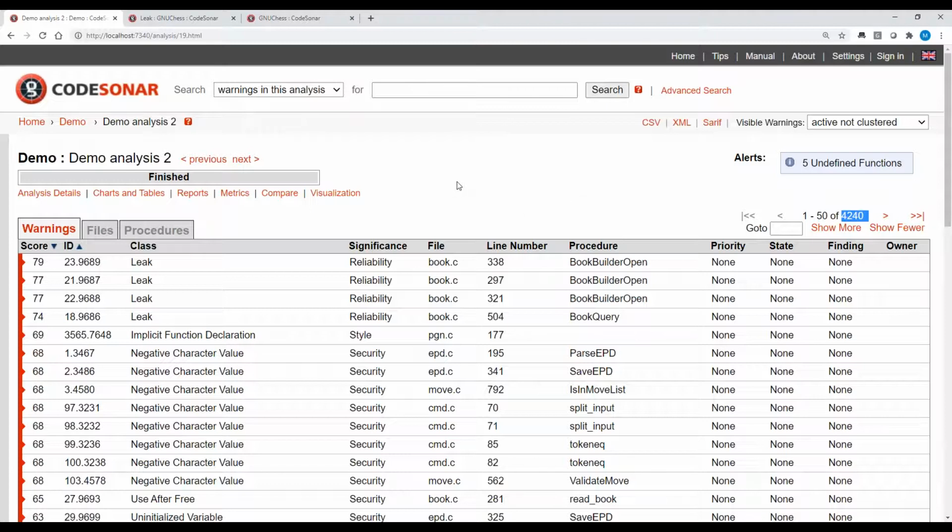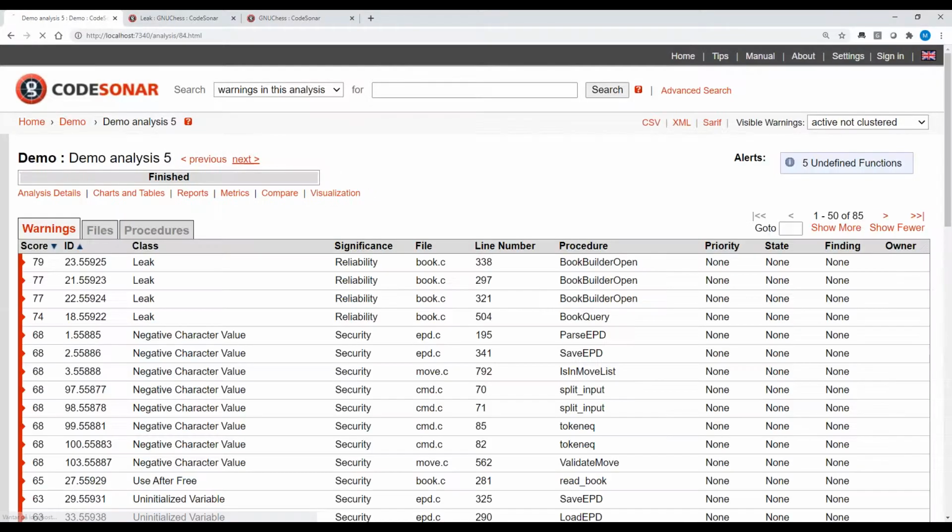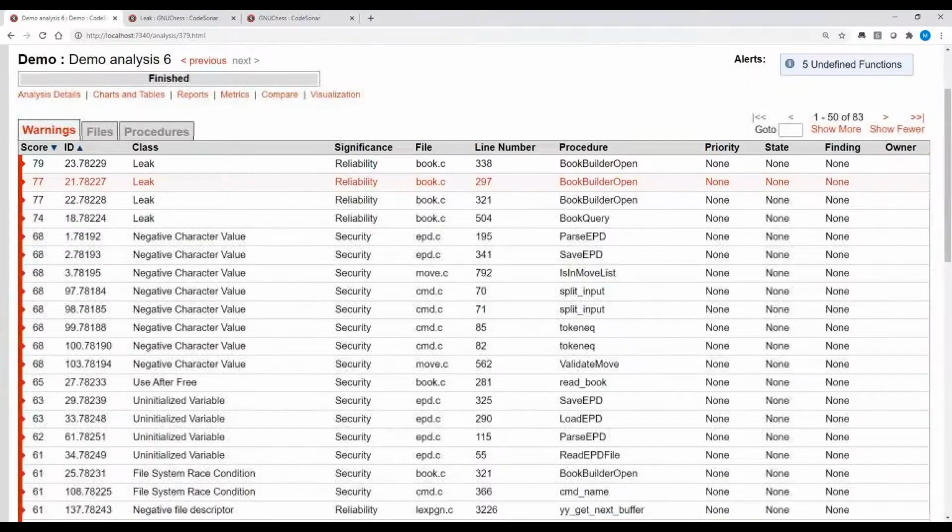When I turn on all checkers, all MISRA checkers will be turned on, and this code is not written for MISRA, and that will generate lots of warnings. So we have this list of all the warnings,